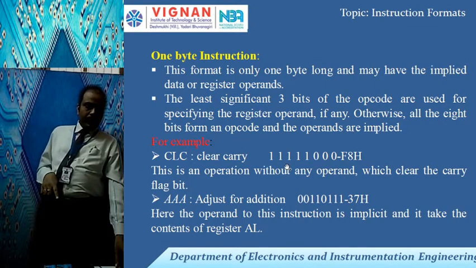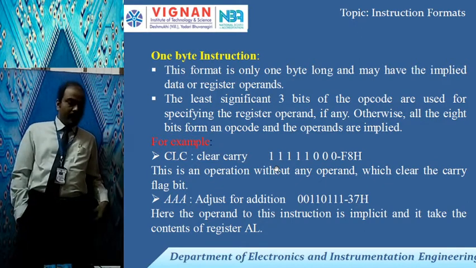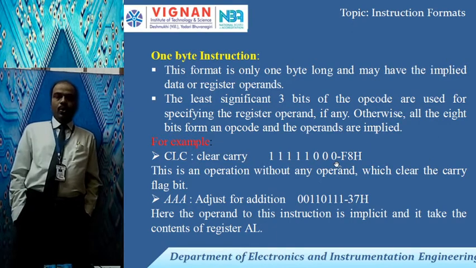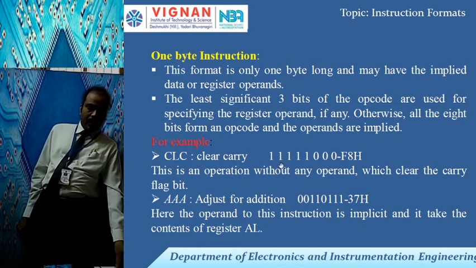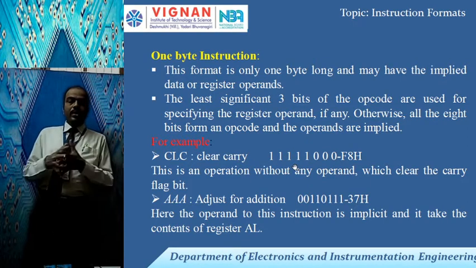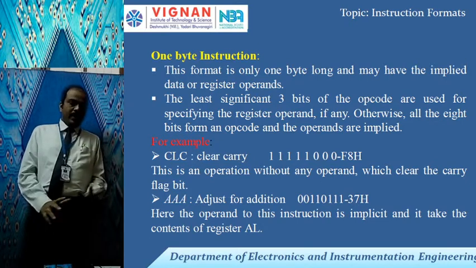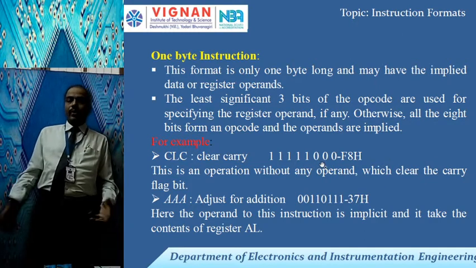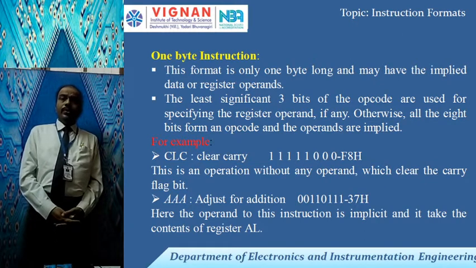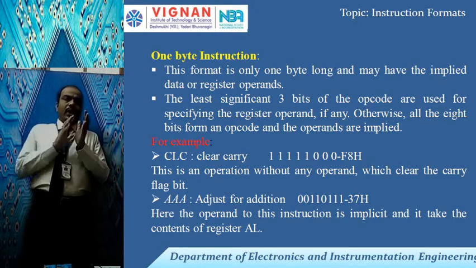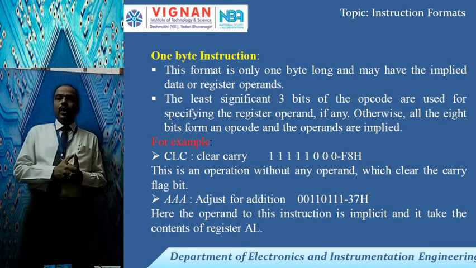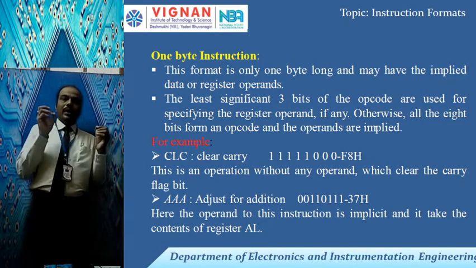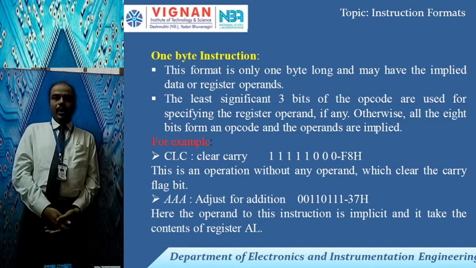That CLC instruction can be written in machine language as 11111000, that is F8. Don't worry, it is not required to remember all this machine language. I just told you machine language is very difficult to remember, I am just telling this. Here the operand is the carry flag actually. So the register field is the carry flag. Everything, opcode and operand, is specified in the 1 byte instruction only. CLC clears the carry: whatever the content of the carry flag, it will be reset.